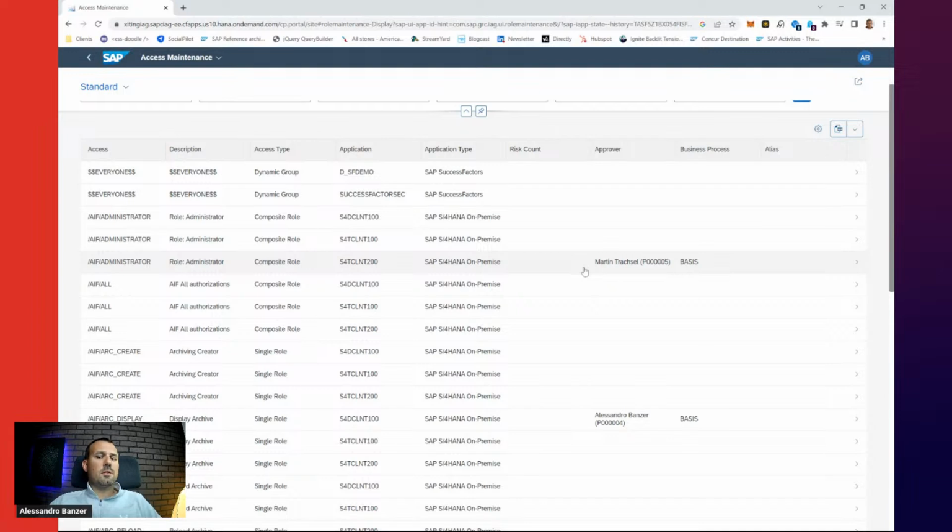Typically, and the recommendation is definitely for business roles, shoot for business roles as much as you can, because it's easier from an end user's perspective. And IAG can handle those very, very well. If there's a change to a business role, if you add a role to a business role, maybe because there's a new system, it will automatically also provision the users that already have that business role. Or if you remove a role from a business role, it will also deprovision that role in all the backend systems. So it's much better to use the business roles because IAG can really handle them.